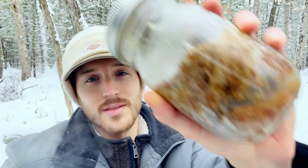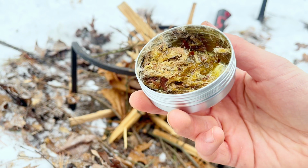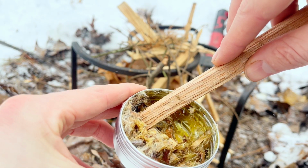I'm Cold. This is pine sap. Let's make some glue. To make pine glue, all you need is some pine sap, or technically pine pitch, charcoal,